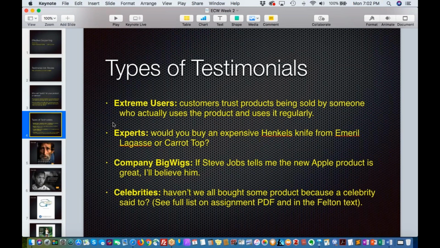Experts are someone who's related to your nonprofit organization. So for example, if we think about an animal charity, an expert would be a veterinarian that could speak on behalf of your animal charity. Company bigwigs are always trustworthy, especially with nonprofits, because they're dedicating their life to this organization. So getting the president of the nonprofit or the director of their board of trustees is a great person to use for your testimonial. Celebrities, we've all seen celebrities endorse products everywhere,